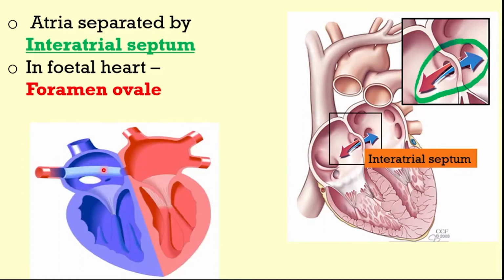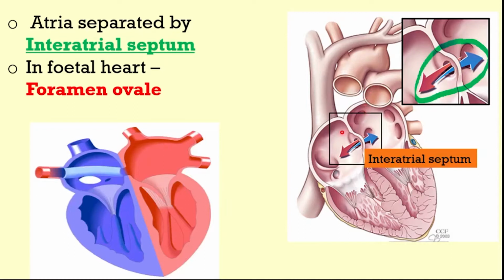Most of the blood travels through the foramen ovale to the left atrium. From there it reaches the ventricle, which pumps that blood throughout the body. So the oxygenated blood from the right atrium first reaches the left atrium through the foramen ovale, then it reaches the left ventricle, then left ventricle supplies the blood to different organs of the body of the fetus through aorta. So foramen ovale helps in the quick transport of substances, quick transport of oxygen in the absence of lung function.